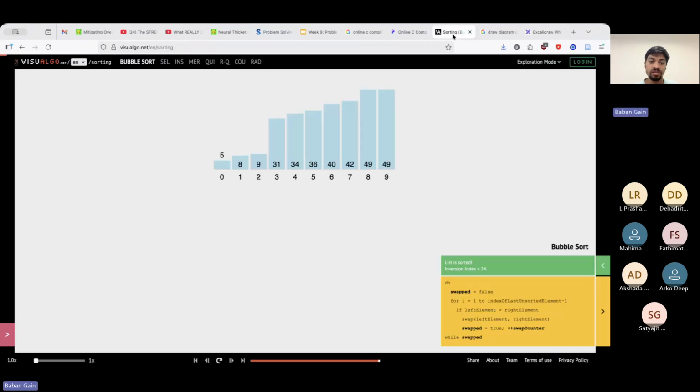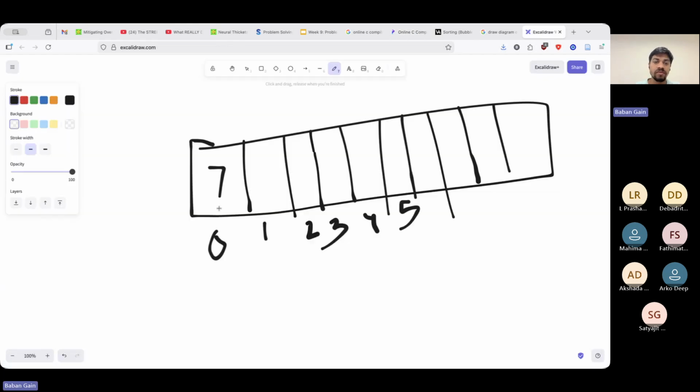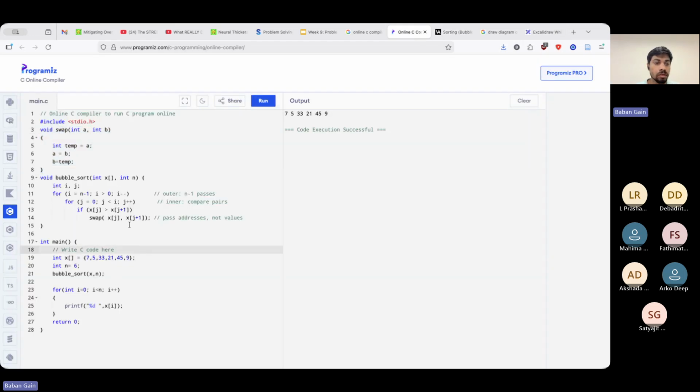And let's say I just need the first elements, 7 and 5. So when I'm calling this swap function,